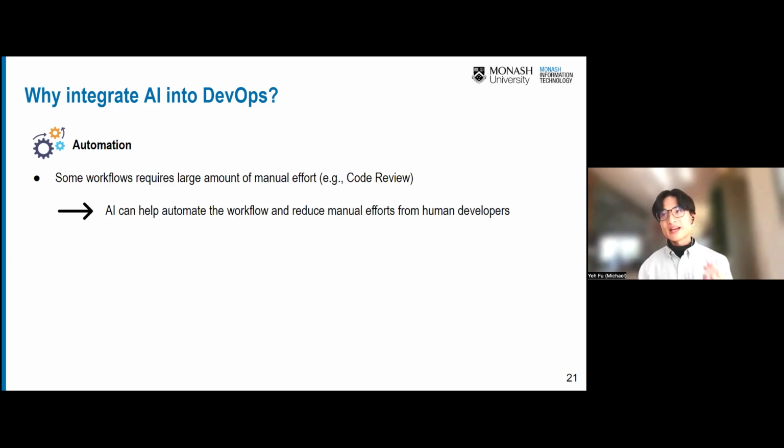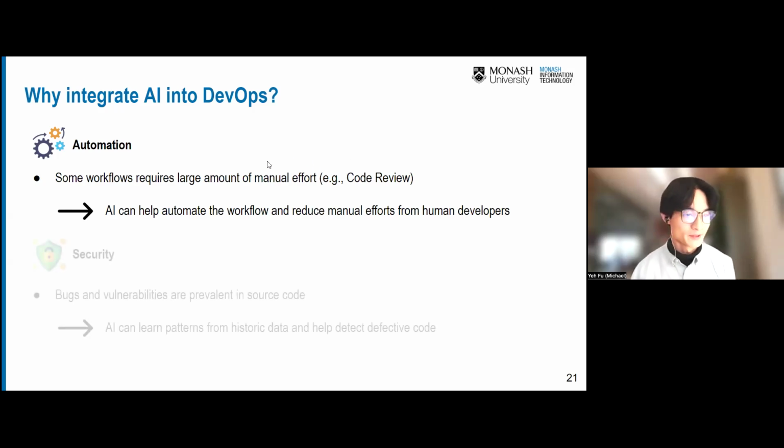So we have this AI model to review this code and generate some summary of what's going on in this code. And then maybe we just need one reviewer to review the code plus the suggestion from AI. This way we can reduce the labor required for the code review process. So AI can actually help automate the workflow and reduce some of the manual effort, right?